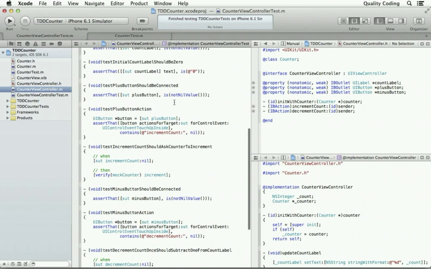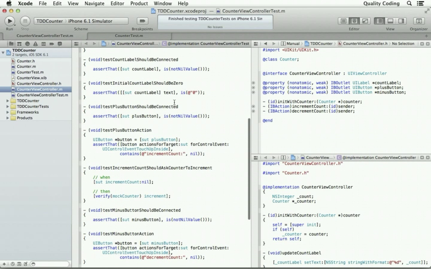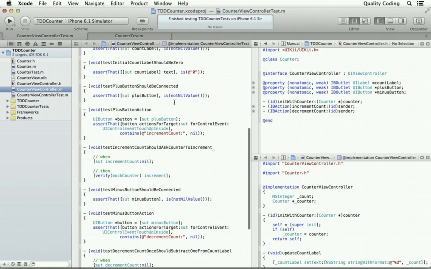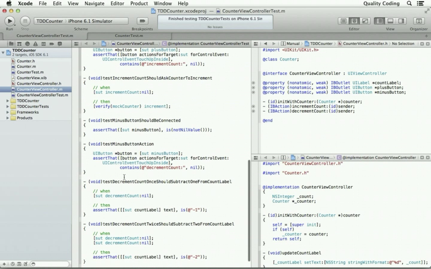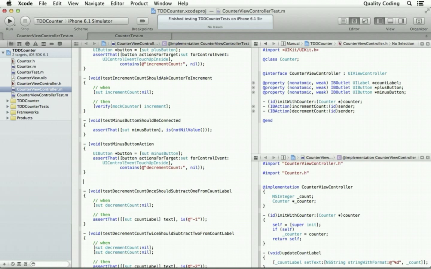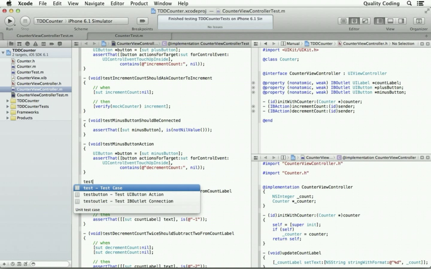And what I want to do is add a test that when we receive a notification, we update the view accordingly. Let's add that test in here before the decrement stuff, which we haven't gotten to yet.